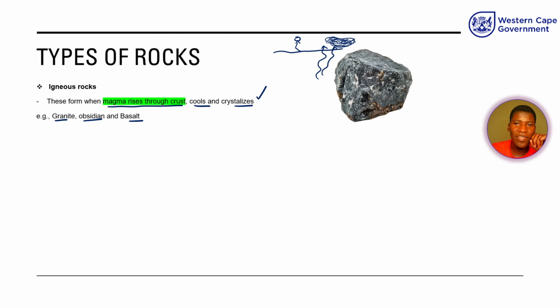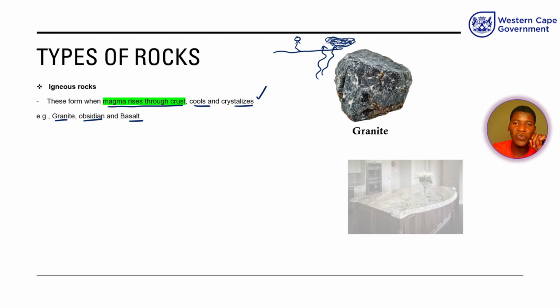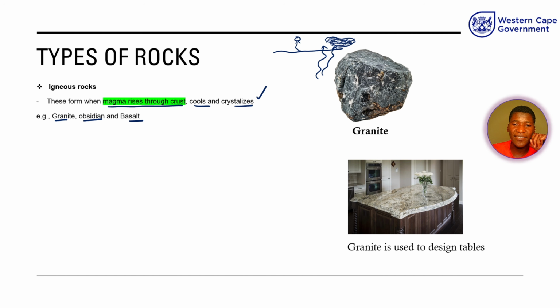Granite rock, you probably know it already, especially if you live in a fancy house or something like that. You can see this is granite. It looks shiny, and most of the time it is used for decorations. So you can see these wonderful tables that they have in their beautiful homes and whatnot. I mean the non-African homes. So basically, these tables here are made of granite rock. So granite is used for decoration purposes as well as designing tables. So granite is very important. You probably find it in many places.